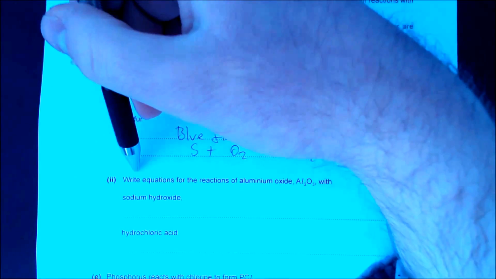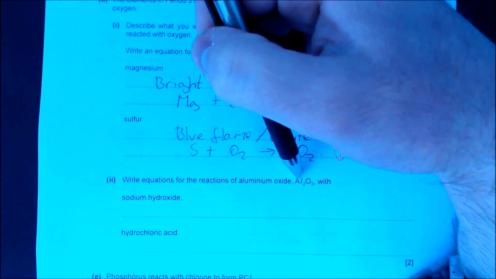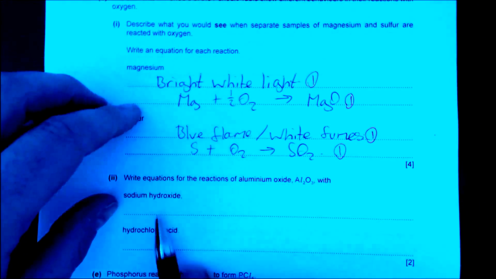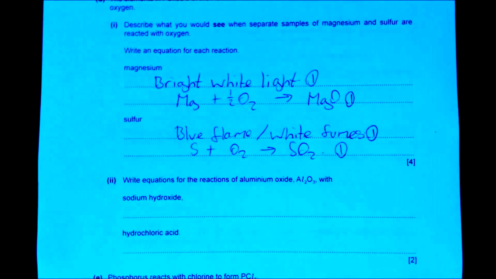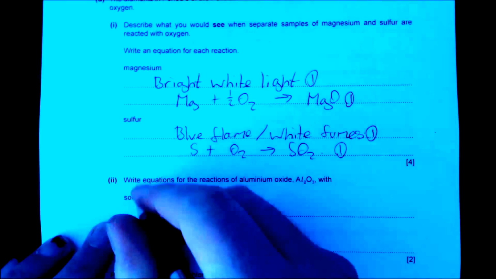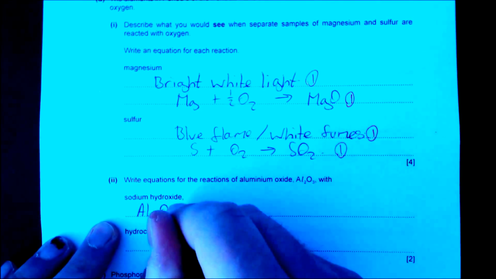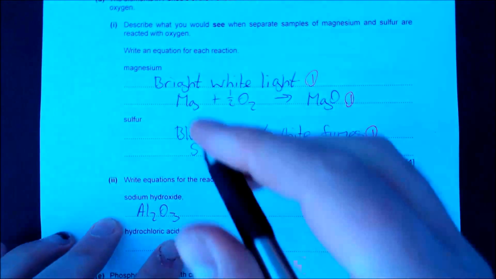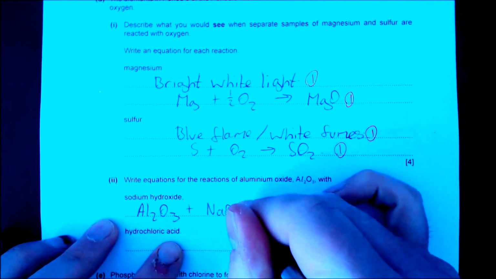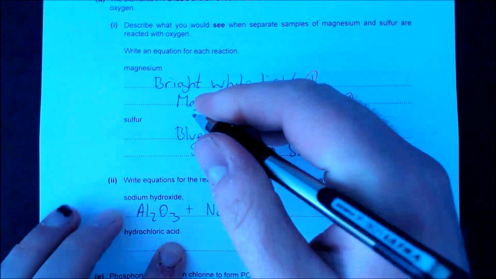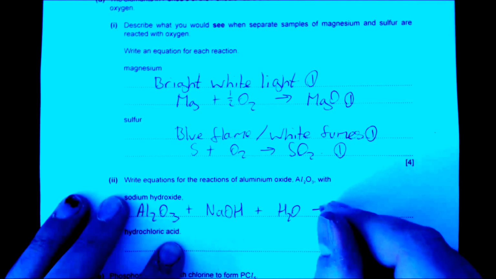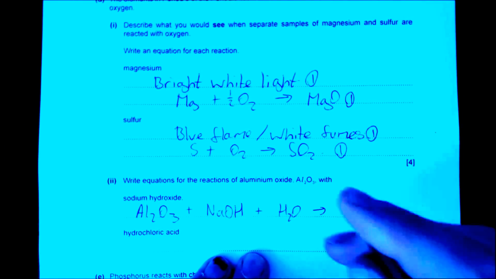Right. So it says write equations for the reactions of aluminium oxide, Al2O3, with sodium hydroxide. So the equation for this is Al2O3. I'm just going to write that in there. That's Al2O3, and that is going to react with your sodium hydroxide. So we're going to put sodium hydroxide there, and I'm going to have to react this with water as well, and this is going to produce this compound here,